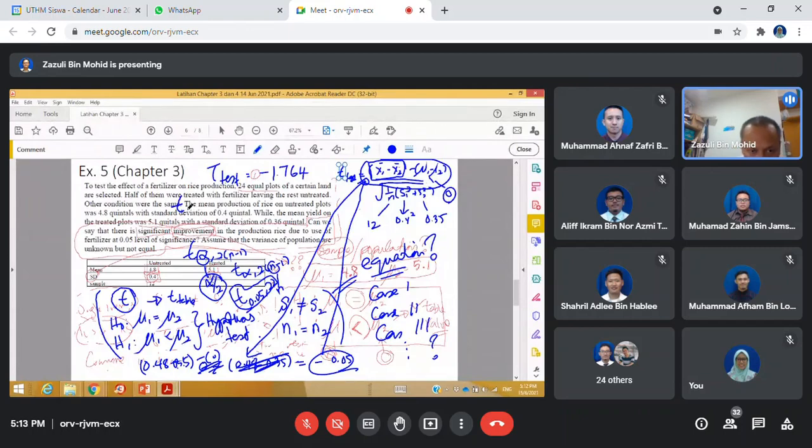Maknanya kita akan dapat t alpha bagi 2, 22 sama dengan t 0.025. Ni salah. Jadi untuk soalan ini, for this problem here, the calculation contributes a big mark, 14 marks from 20, just for this question. So most of you cannot answer it,